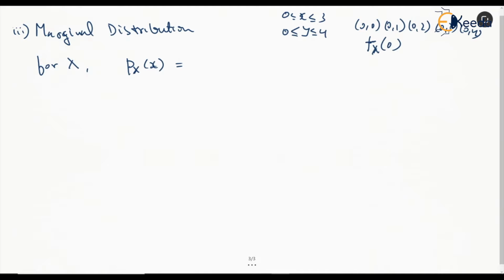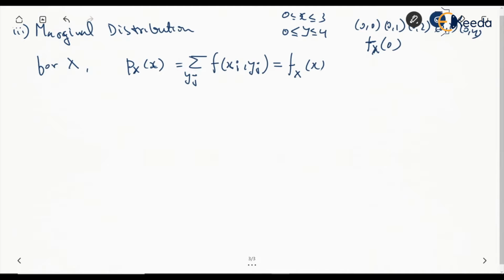You getting my point? For all the possible combinations we have for x equal to 0 and y whatever finite or defined values we have, we'll have to add all of them. So this can be done by summation over yj of f(xi, yj). Whether you write it in terms of p or f, this is all fine, right? So we'll have to sum up all the possible combinations which we can get here.